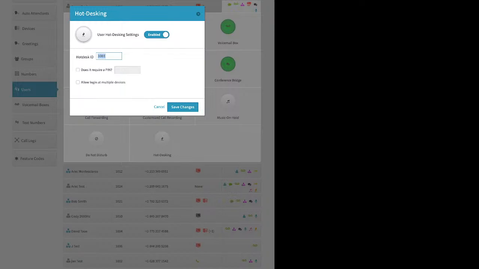Click on save changes. So Aaron comes into the office on Tuesday. He sits down at desk number 2. He picks up the VoIP phone there. He hits *11. The system will then ask him for his hot desk ID. He enters that on the phone, and then the system will tell him calls will now be sent to this device, right? So the rest of his workday, the calls to his user are going to ring to the phone he's sitting at. The end of his day, he picks up the phone, he hits *12 to turn off hot desking,